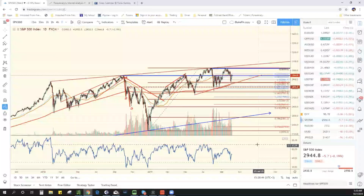But yeah, if it's 3,200, maybe even we blast past it, I would just love to see some sort of blowout move. I mean, blow off tops, people use the terminology way too often. Yeah, they don't happen very often. They don't. I mean, I've seen them maybe,